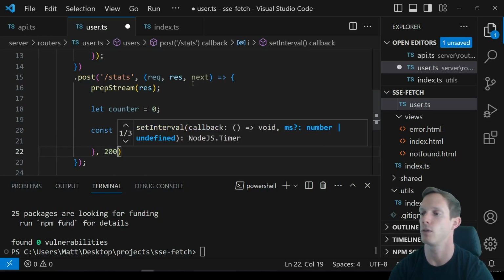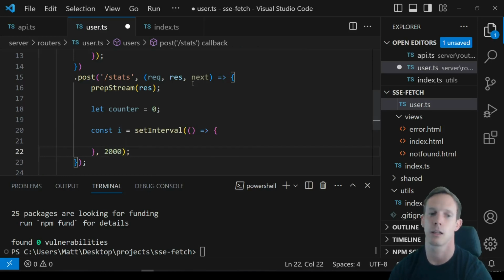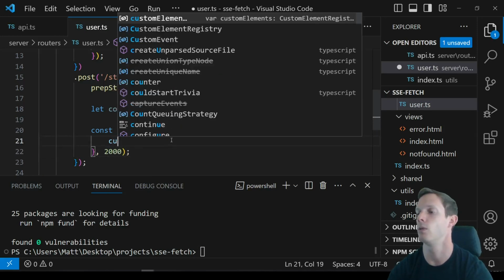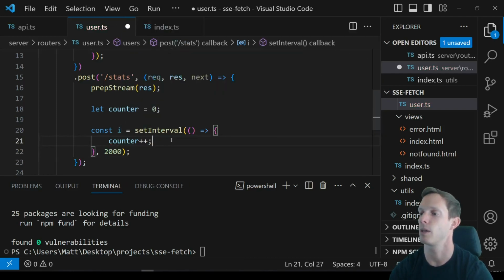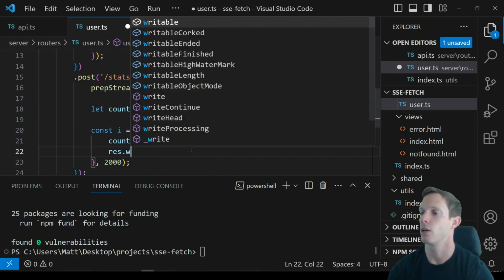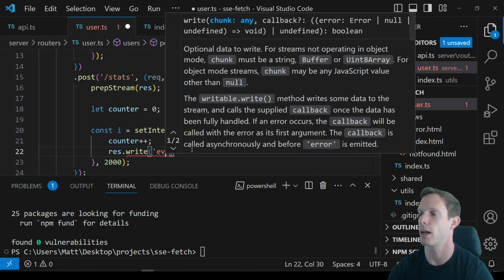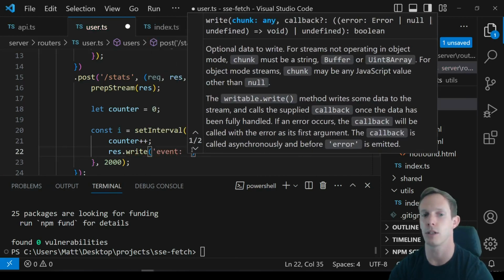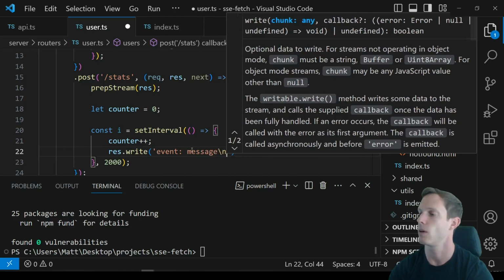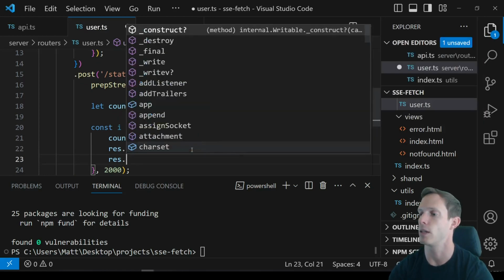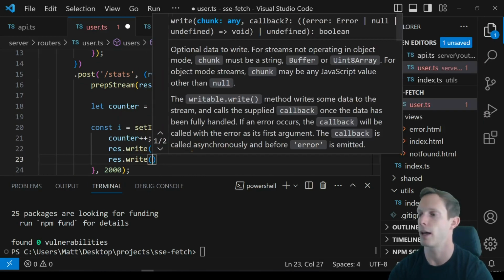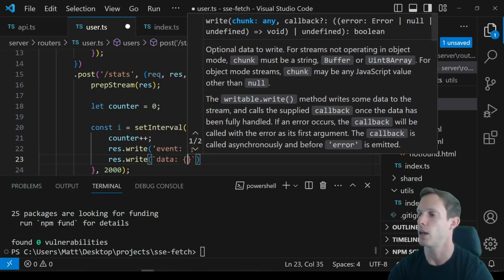And we'll set the interval to something like 2 seconds. And then we're going to counter plus plus. And then we're going to basically write out our actual data, right? And so what we can do is we will say res.write, and we're going to have our syntax, which is event: message, right? And then we're going to res.write, and we're going to have data, and we're going to use